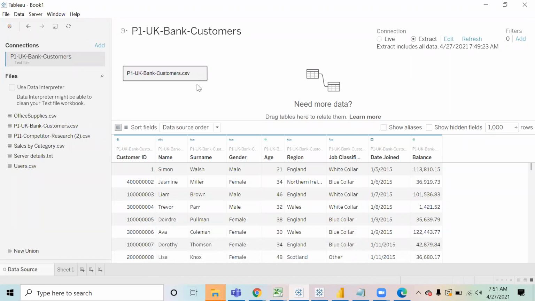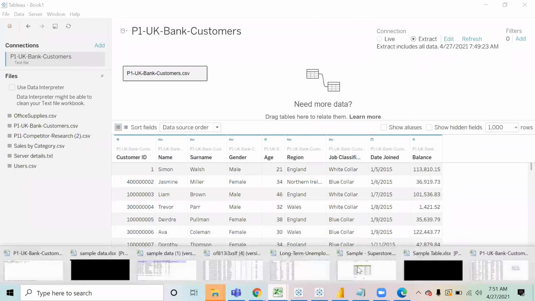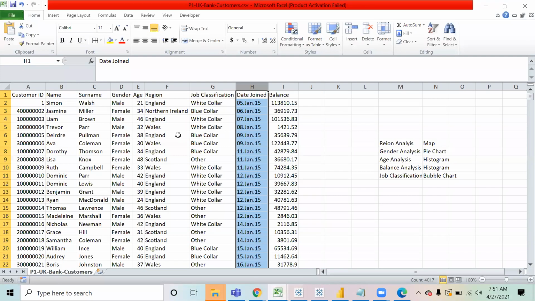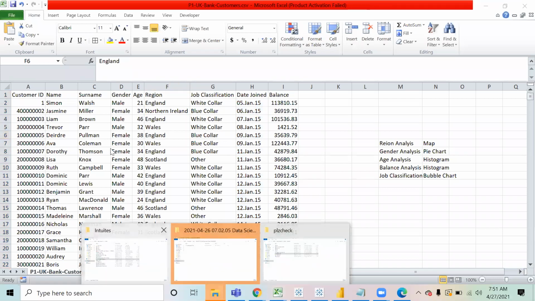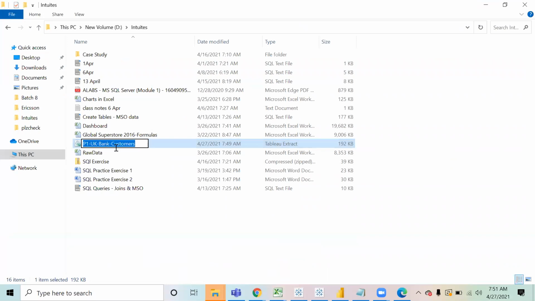So what is the benefit? Like what we understood is that the text file is there locally, and then we created an extract and entered the data in Tableau. What is the benefit of doing this? The benefit is because in the extract, the data is compressed, right? So what has happened is you had the data in this text file. The data from this text file is extracted and it is saved in this extract over here. That same data is saved over here. But the thing is that in this extract, the data is compressed. Now it is Tableau's way of storing the data.